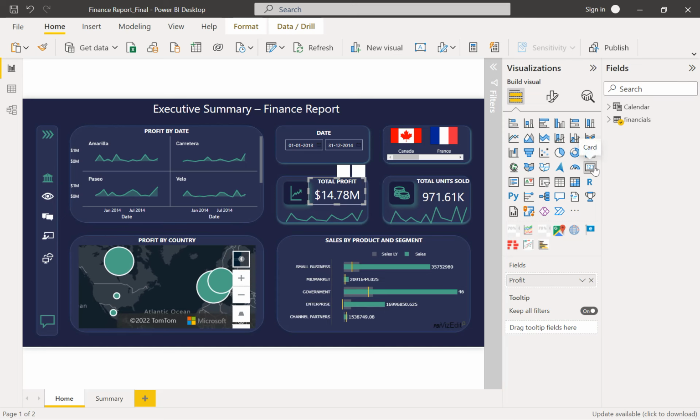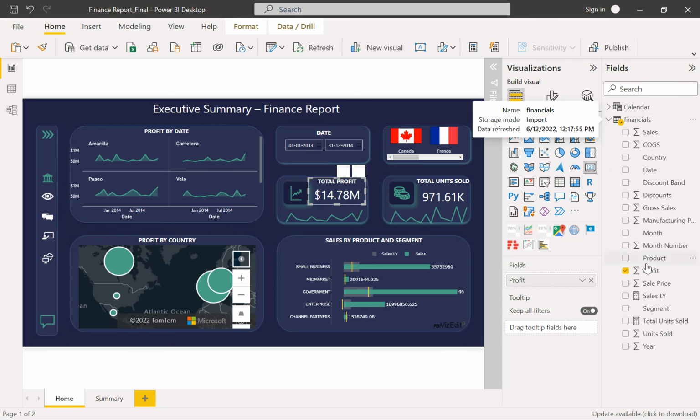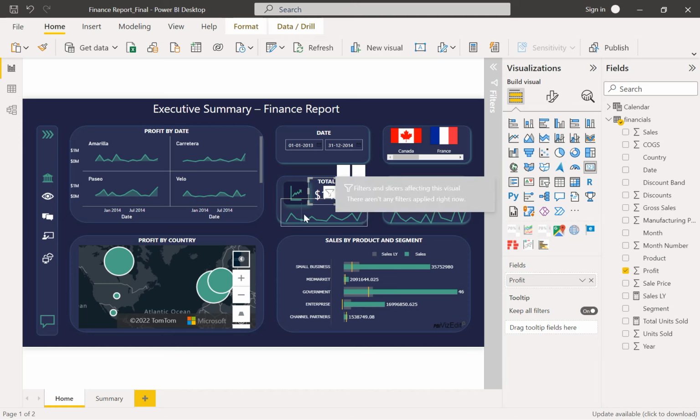So what I've done here is I've taken the card visual, I've taken the profit on top of it, and I've just simply arranged it with nice font color, making it much more visible and pretty, and just adjusted it on top of this section. Now I have left the bottom area